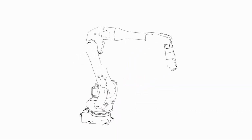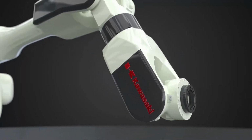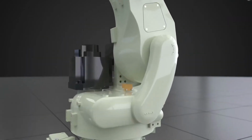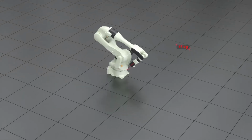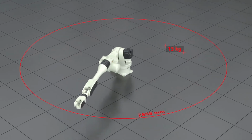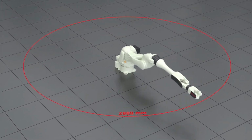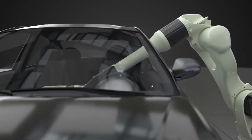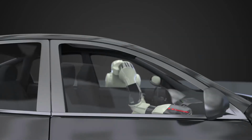We introduce the Kawasaki Robotics BU015X. The BU015X has been specifically designed for in-vehicle sealing and underbody coating applications. With a maximum reach of 2,888 mm and a payload of up to 15 kilograms, its flexible and specialized 7-axis design greatly expands its work envelope, making it ideal for sealing tasks through windows and